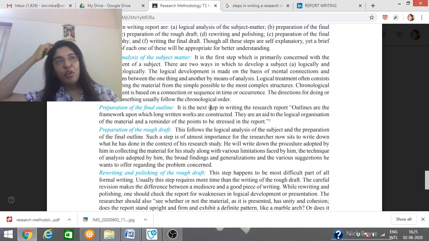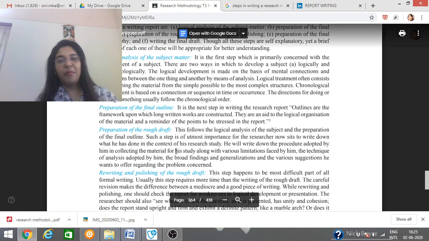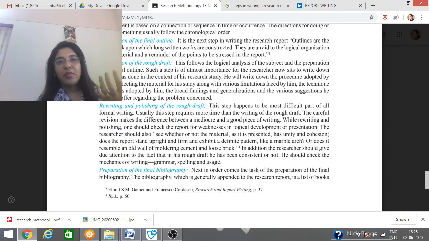After making a rough draft, you rewrite and polish it. There are some areas which require more strength, some areas which are not required, and some areas which have to be merged, etc. So you rewrite and polish the rough draft, strengthen it with more items, and make it a good piece of writing. While rewriting and polishing, you will check for weaknesses in the logical development, in the presentation, in the framework, etc., and then strengthen it. Maybe you need to rearrange the framework, or the logical analysis may have to be edited, one after another, in this particular area.